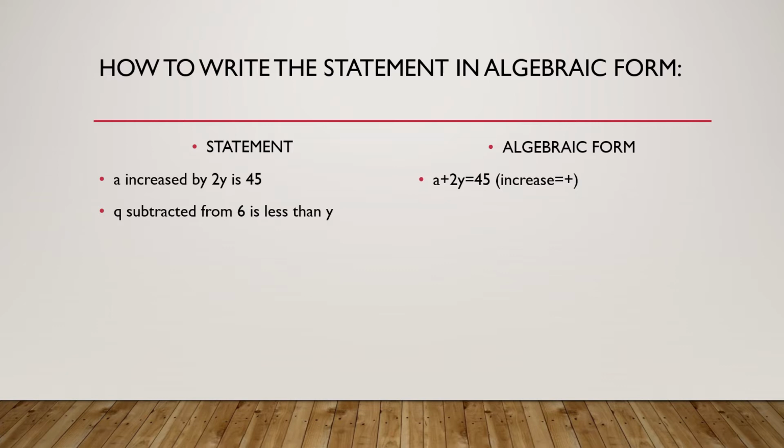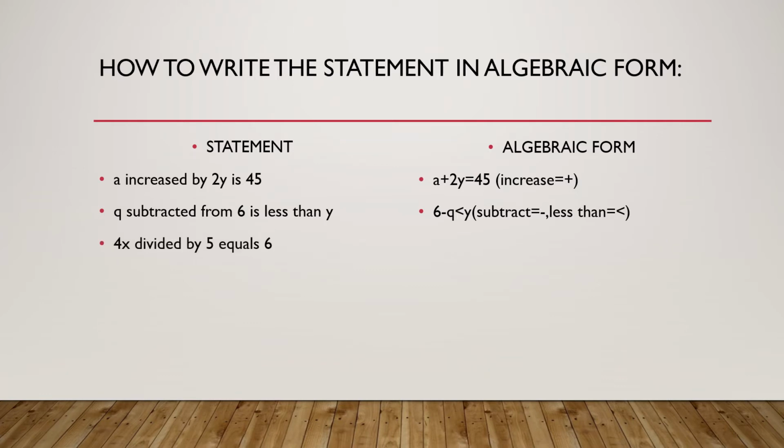We will call Q as a variable, children. Don't forget that. Is less than y. So 6 minus Q is less than y. So the crocodile closes its mouth towards the 6 minus Q. Here it is. So this is the less than symbol because 6 minus Q is less. The crocodile mouth should be closed over there, and towards the variable y side the crocodile mouth should be open because it is more. I hope you know this greater than and less than.